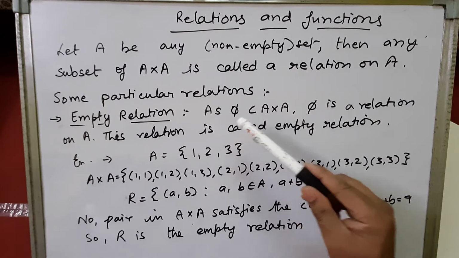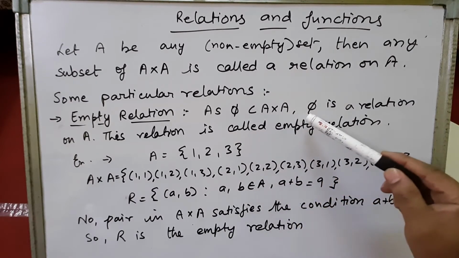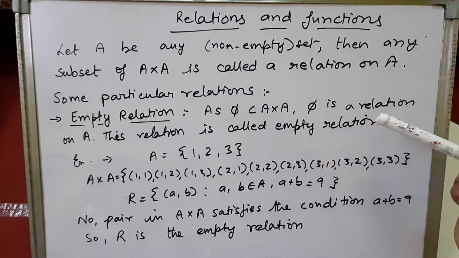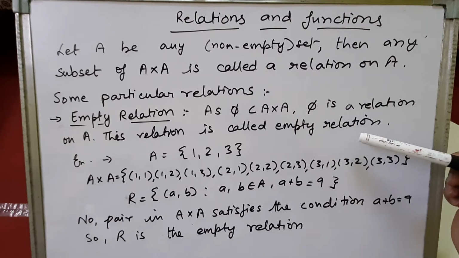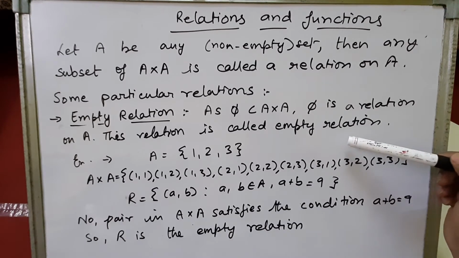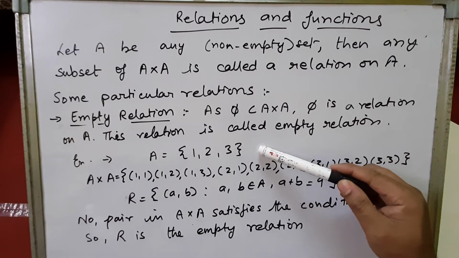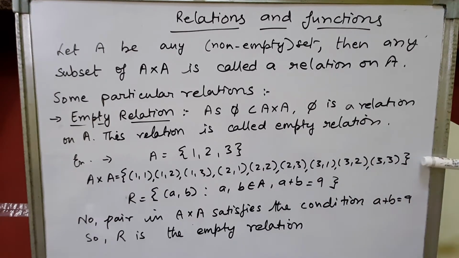If the null set is a subset of A cross A and the null set is a relation on A, this relation is called an empty relation. Let's see how. Suppose a set A has three elements 1, 2, 3, and if we calculate the ordered pairs of A cross A, it will be (1,1), (1,2), (1,3), (2,1), and so on up to (3,3). Suppose we define a relation as R equals